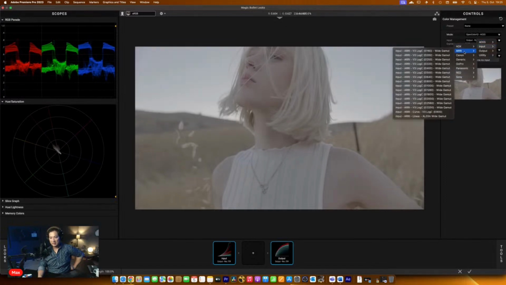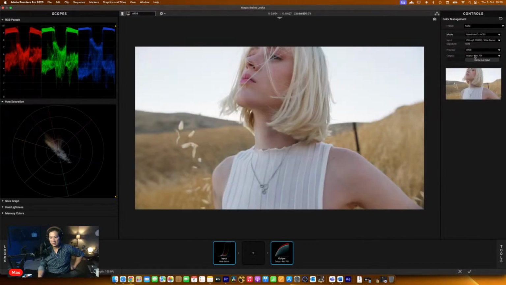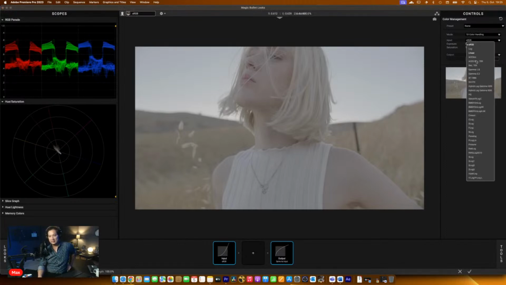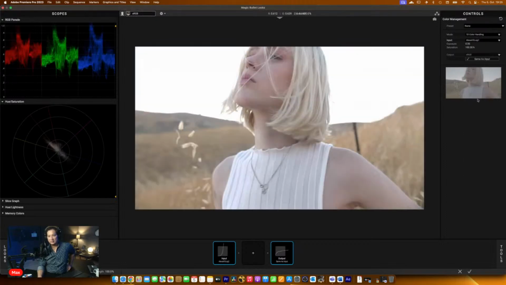The input is ARRI, I choose ARRI LogC, and I want the output to be Rec 709, and I can preview it in Rec 709 if I want to. But if you don't want to work with ACES, if you just want to work with your LUT, you can do that by switching it to 1D color handling. And this is ARRI Alexa LogC in, and the output will be